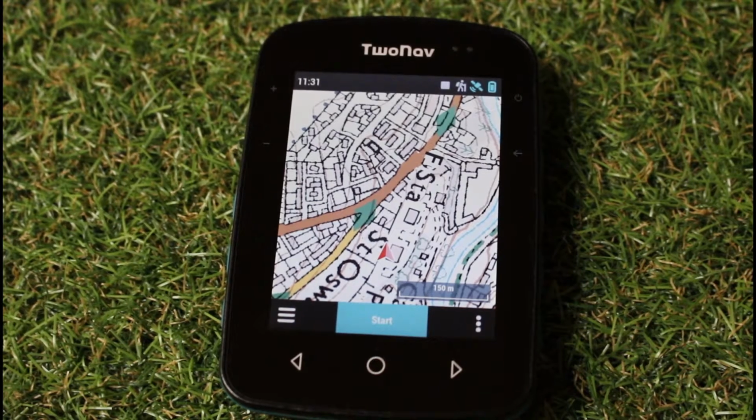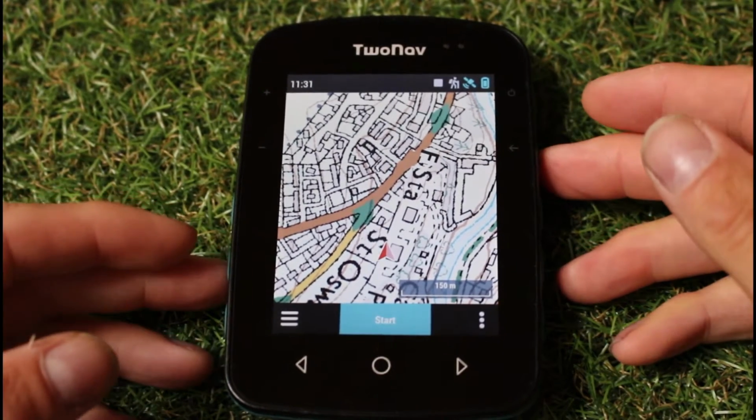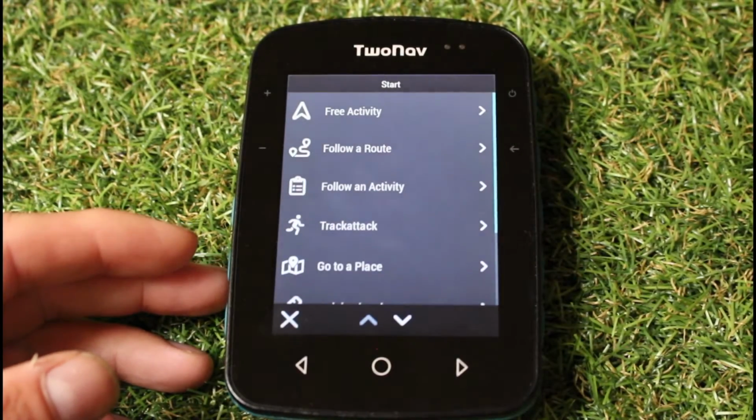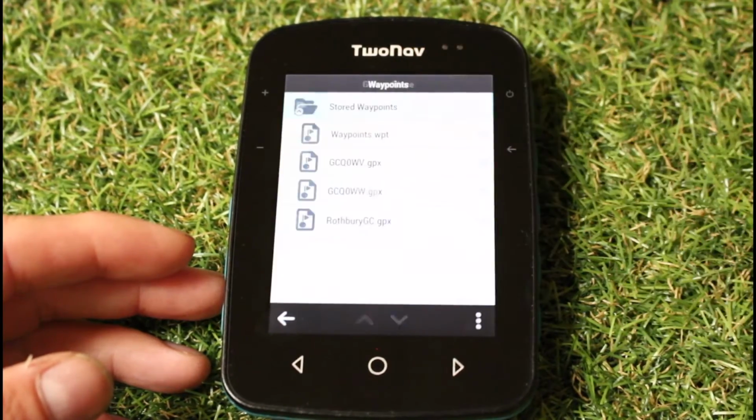In this next video in the geocaching series on the TwoNav devices, we're just going to show you how you load a geocache to navigate to it. Now I could, straight from the map screen, simply press start, select go to a place and then select waypoint,